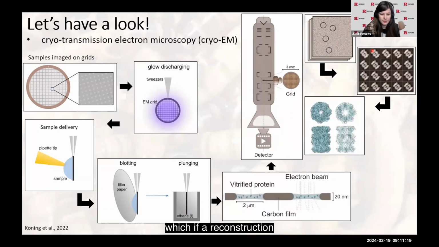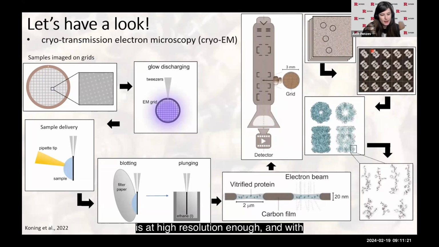which, if our reconstruction is at high enough resolution, and with today's cutting-edge cryo-EM methods, it's quite easy to obtain a high-resolution cryo-EM structure. Then we can even build an atomic protein model into this electron density, modeling what our protein or molecule looks like at the atomic